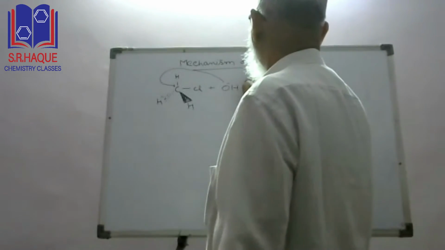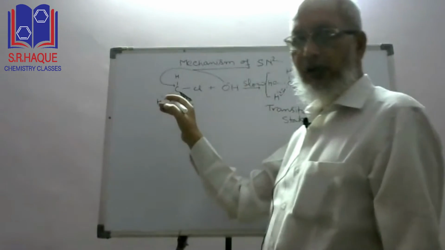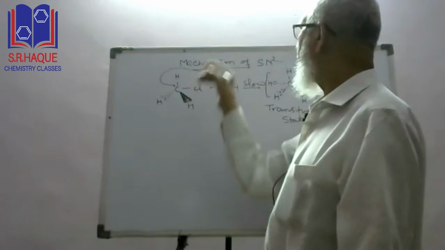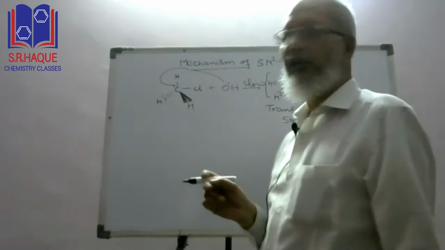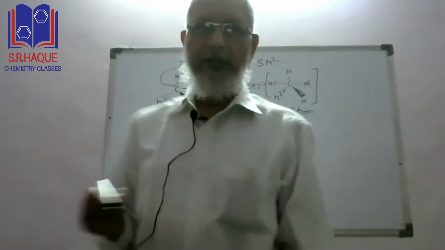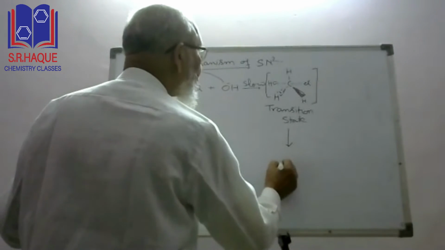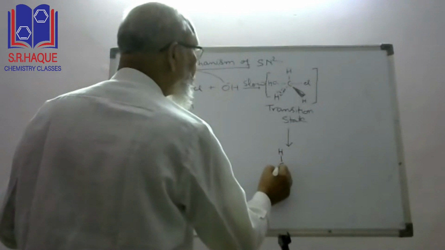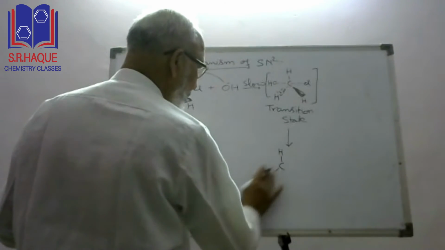This is the slow step of the reaction, in which two molecules of the reactants are involved. One is your alkyl halide and the other is your nucleophile, and that's why rate of reaction is directly proportional to the concentration of two molecules, and hence it is a second order reaction. Now this will break up, and there is formation of the product. The molecule will be inverted.